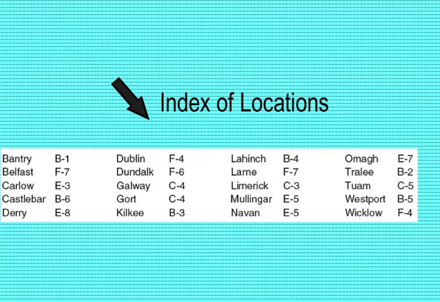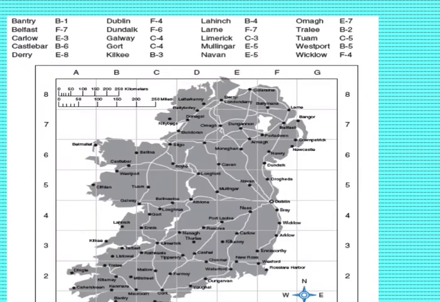At the top of the map, you'll notice that they gave you an index of locations. And these are all different cities in Ireland on the map. And you'll notice that each index in this case has a letter first and then a number. So now we're going to go back and look at the map, and we see here that the index is on the top and that the cities are all dispersed